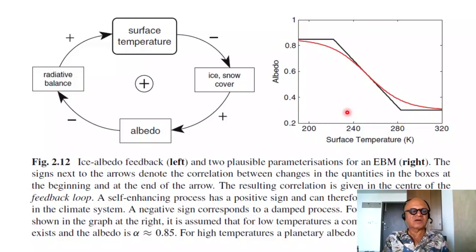For the parameterization shown in the graph at the right, it's assumed that for low temperatures, a complete snow and ice cover exists and albedo is 0.85 global mean. For high temperatures, planetary albedo is 0.3, which is what we have in modern times now, right? So